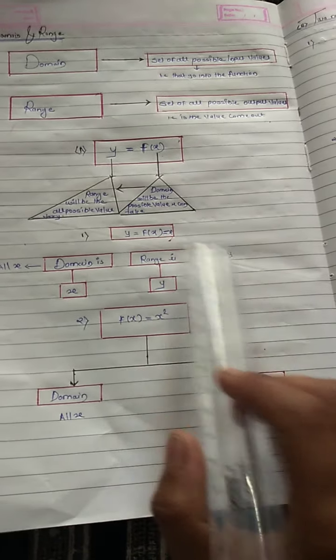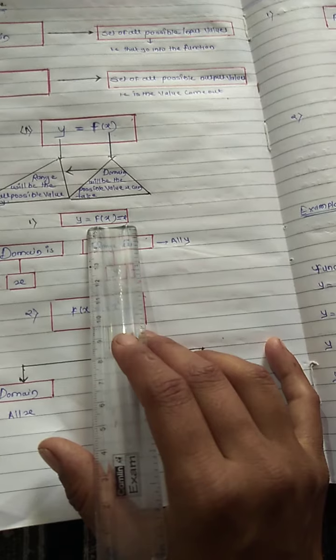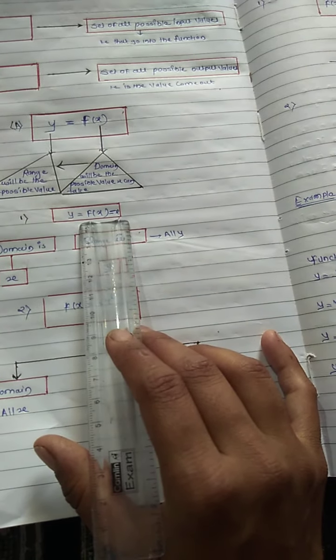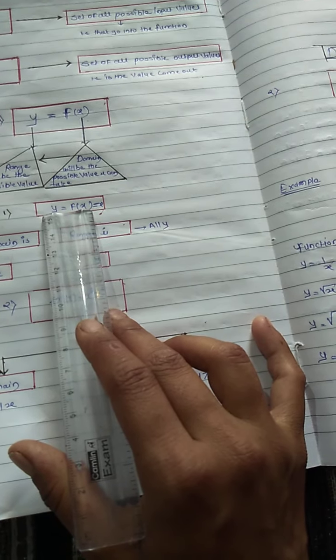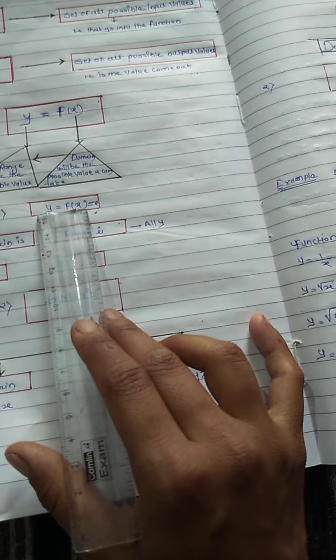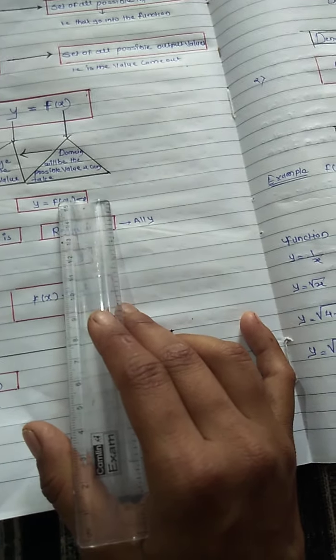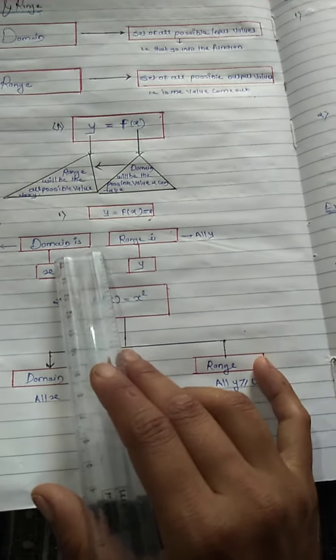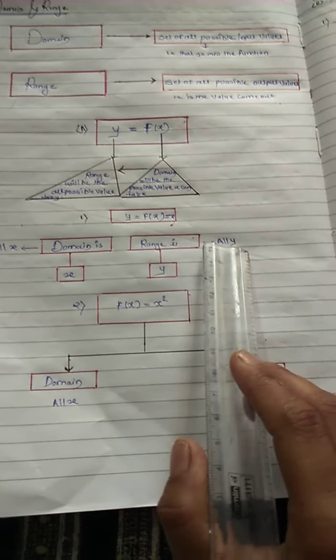The domain of this function is all x and the range of this function is all y, because this function simply gives out the values it takes as input x. A better way of saying it is that the function multiplied by f of x, input gives output value. So therefore the domain of this function is all x and the range of this function is all y.